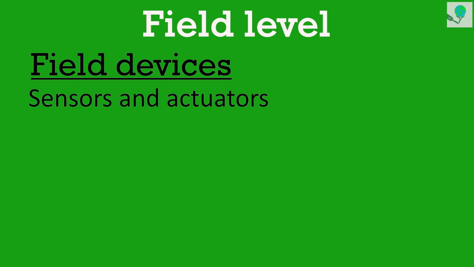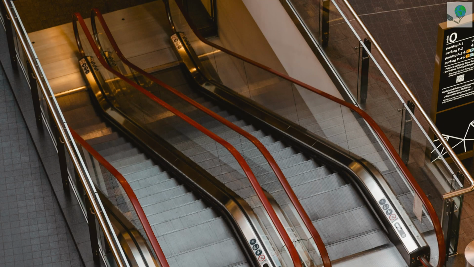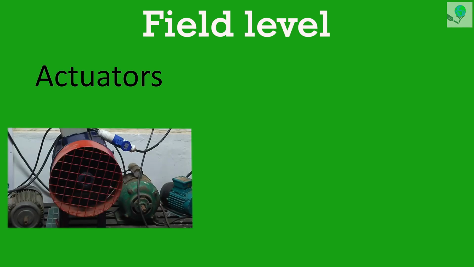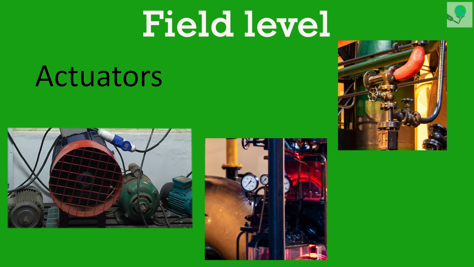Now let's go to various levels or the hierarchy of an industrial automation system. First one, the field level. It is the lowest level, which includes field devices such as sensors and actuators. So why are field devices needed? If a machine needs to function when there is a motion, as you all know, we will use sensors to detect that motion. And actuators are devices such as motors, valves, flow meter, which convert electrical signal to